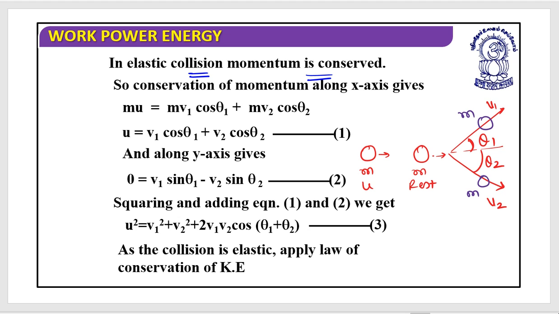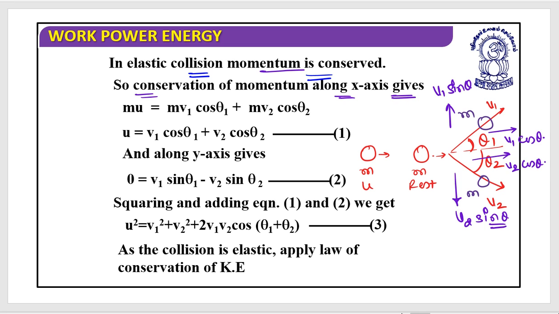So what we are supposed to do is just convert them to their equivalent components. If this is v1, this should be v1 cos theta, and that should be v1 sin theta. In the same way here, it's v2 cos theta, and this should be v2 sin theta. So in an elastic collision, momentum is going to be conserved, and according to the conservation of momentum along the x-axis,